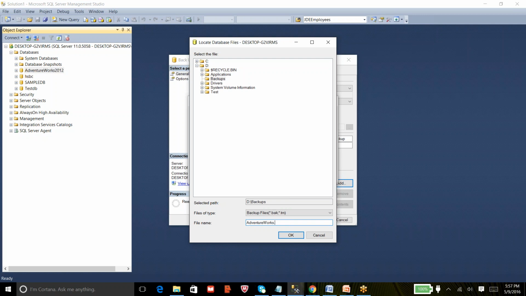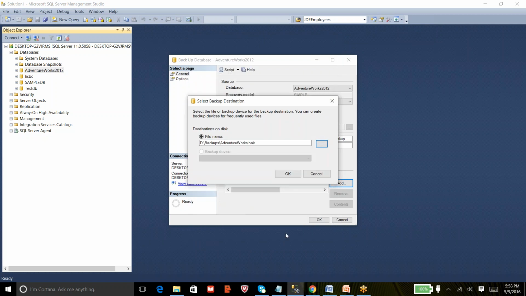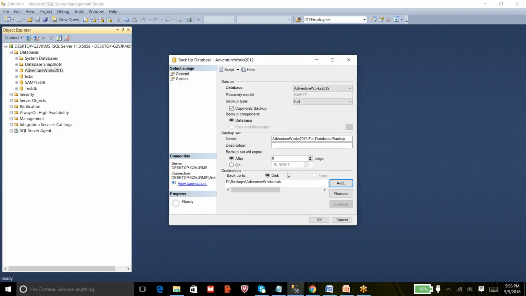The extension should be .bak for a full backup, and the same for a differential backup as well. For transaction log backups, we use .trn. So this is my full backup, so I've named it adventureworks.bak. Then click OK and OK again.